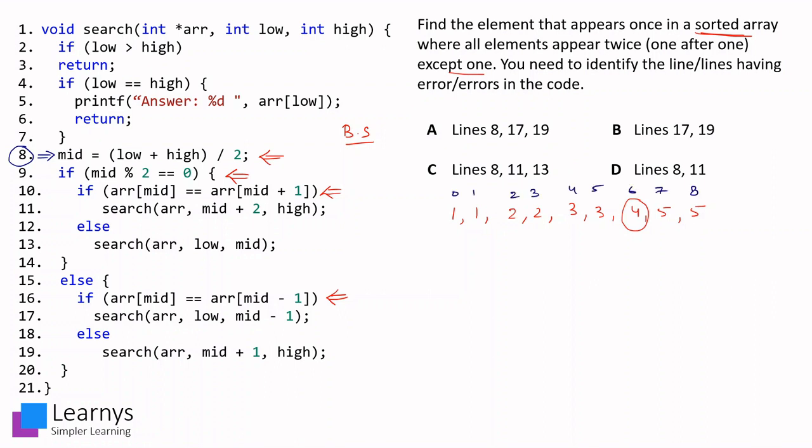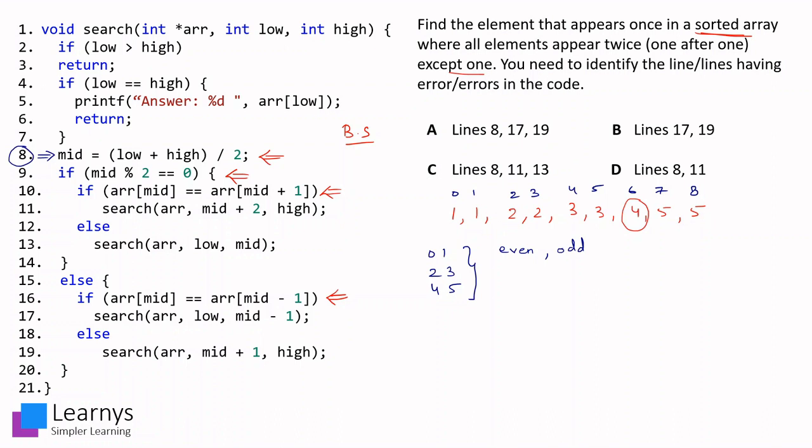So on the right hand side, if we write the indexes of the input elements, we will see that index 0 and 1 have the same element, 2 and 3 have the same element, 4 and 5 have the same element, and similarly, if it goes on in the same order, then 6 and 7 would have had the same element, but here it is not the case. So considering these three pairs, we can say that one even index with one odd index will always have the